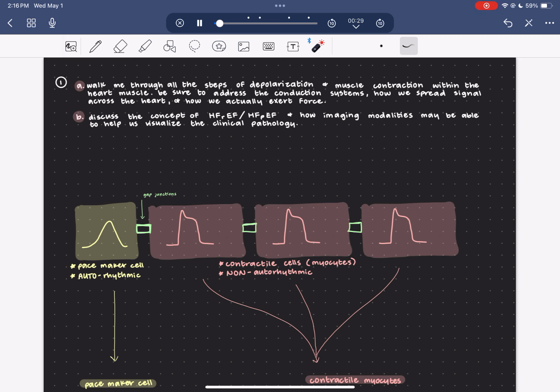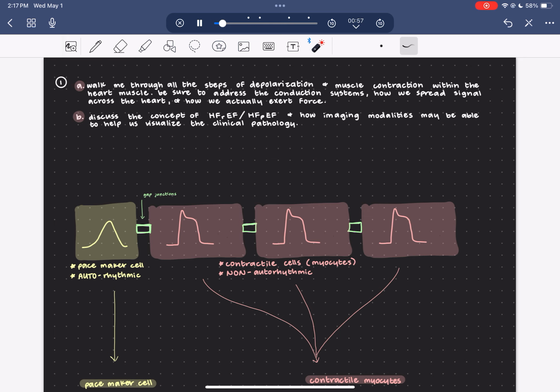the heart muscle. And with this, I'm going to talk about how the signal is spread across the heart and how it actually exerts force. In addition, I'm going to talk about heart failure and how imaging modalities may be able to help us visualize the clinical pathology. So, when we think about depolarization, or at least from what we've learned about depolarization, is that